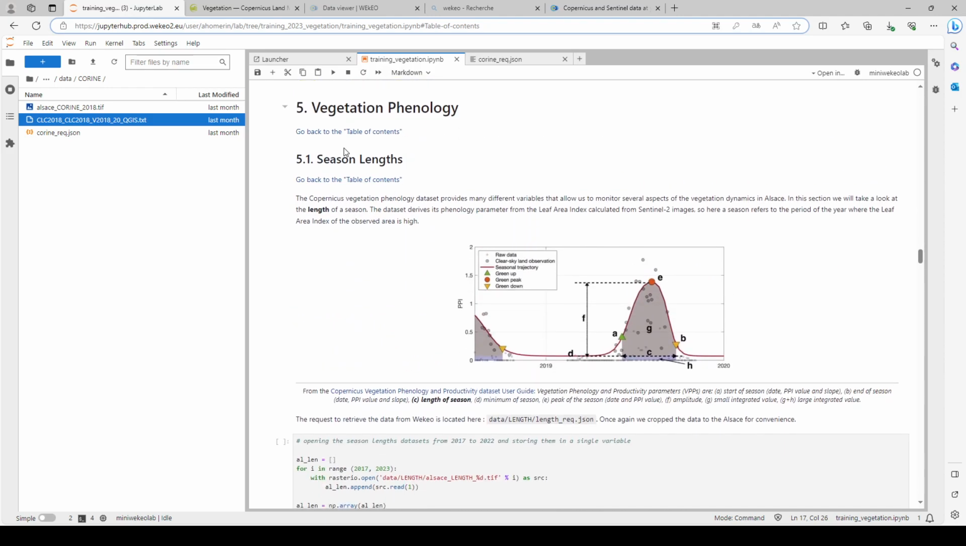In the first subsection, we're going to study the lengths of the seasons for each year between 2017 and 2022. In the vegetation phenology dataset, a season is